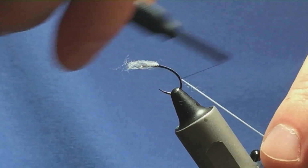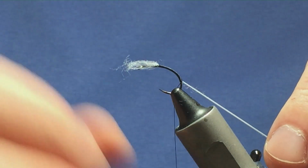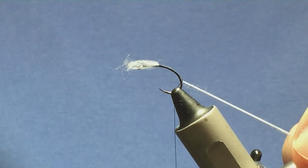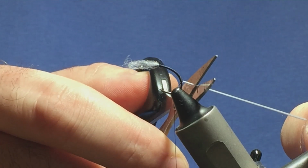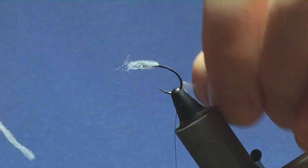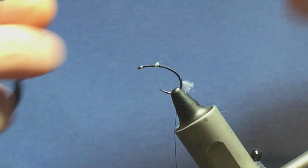Now I'm going to bring this round until the thread's nearly heading round the bend, and then I'm going to trim this about 2-3 mil just to create a small shock at the back, and then I'll just come up and trim off